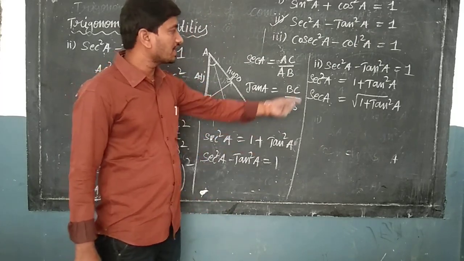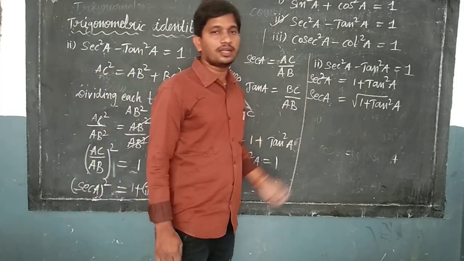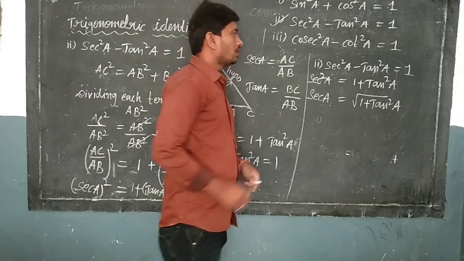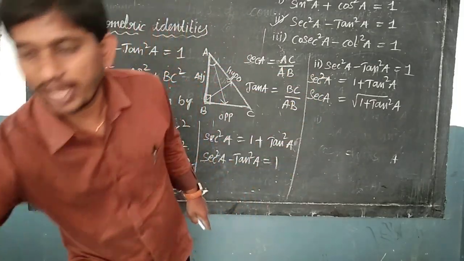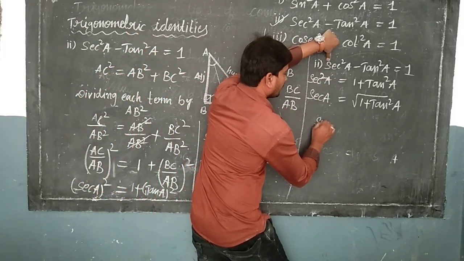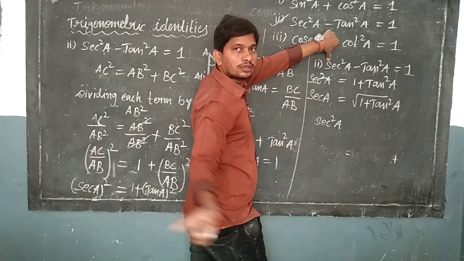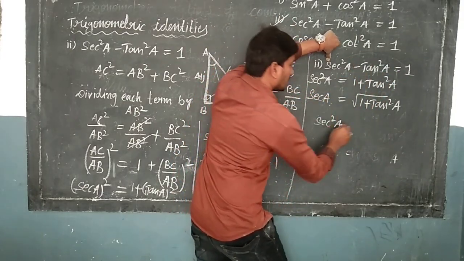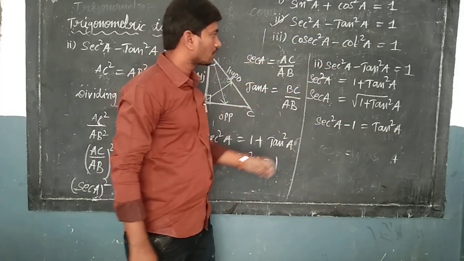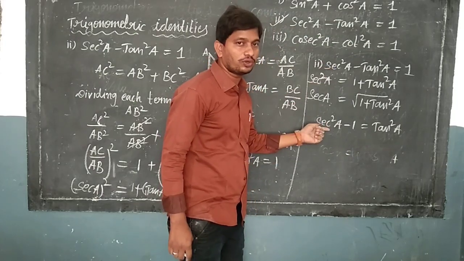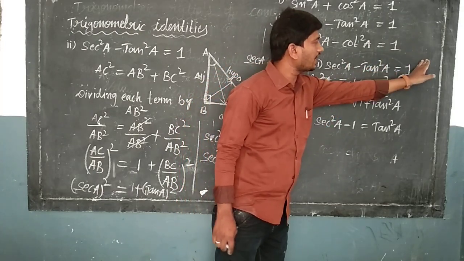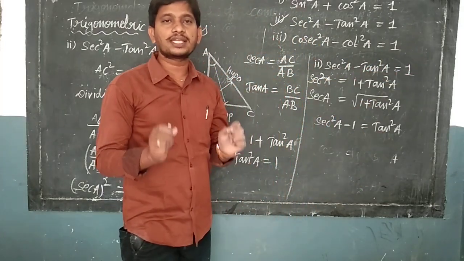This is regarding sec. Now coming to tan square A, students listen carefully. Here I found sec square A. Now I have to find tan square A. Sec square A, this plus 1 goes to the other side, meaning minus 1, equal to tan square A. What I did: sec square A as it is, this plus 1 comes to this side means minus 1, equal to, this is minus tan square A. Let me take it towards the right hand side, which is equal to plus tan square A.